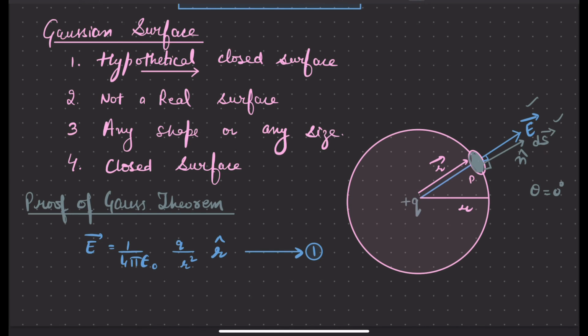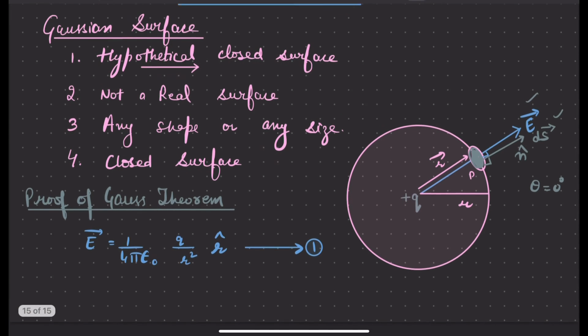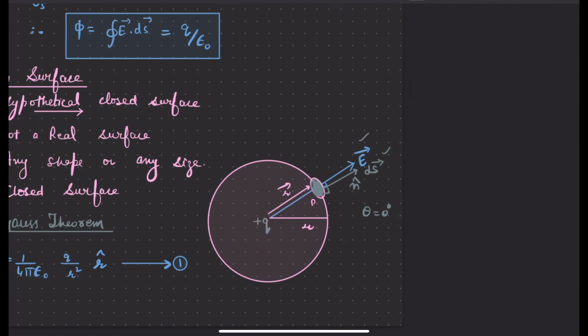And now we need to calculate the closed integral E dot ds. So we already know this from the definition of electric flux, that phi is equal to closed integral E dot ds. Now here we have E vector and ds vector, because ds vector is taken as an area vector. Therefore we can write it as closed integral, before substituting the value of E vector dot ds